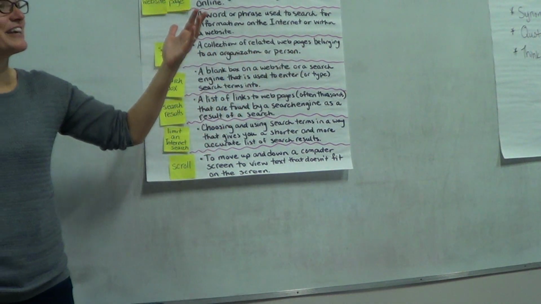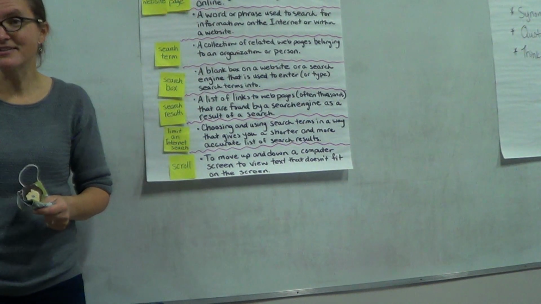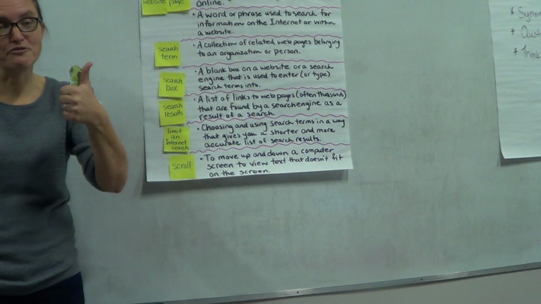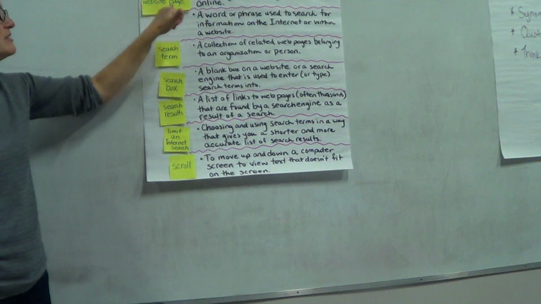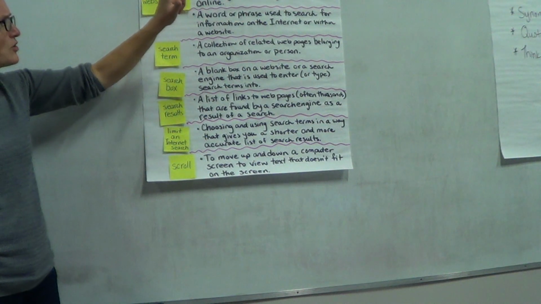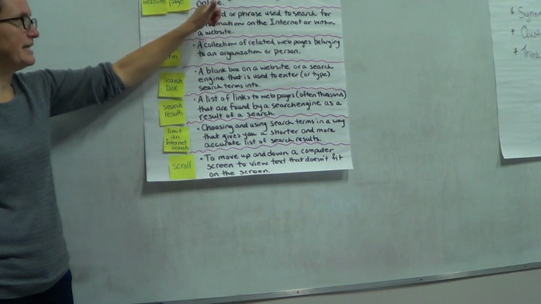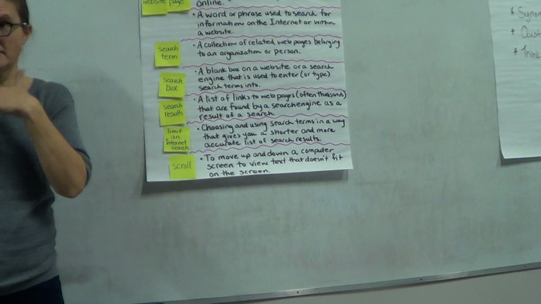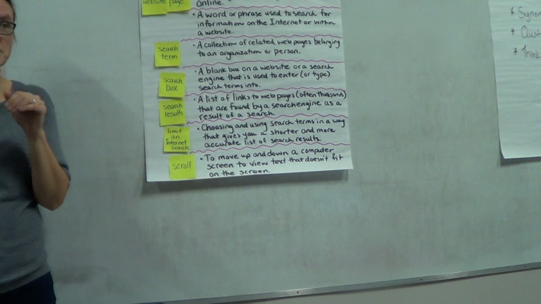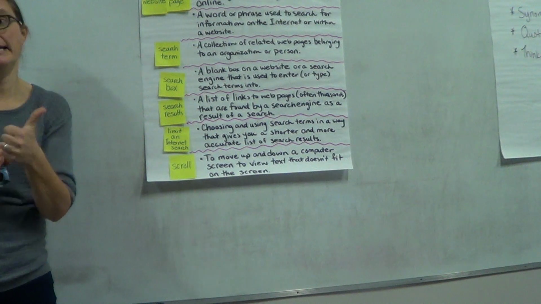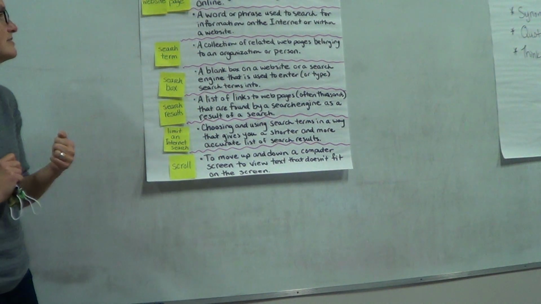I've Googled it extensively, and if you want to make it a compound word, go for it. If you want to make it two words, go for it. Okay. But what's the difference between the two? So, the web page is one page of that site. So when you do that big search, you click on it, you're clicking on a web page. You're not clicking on the website, all right?